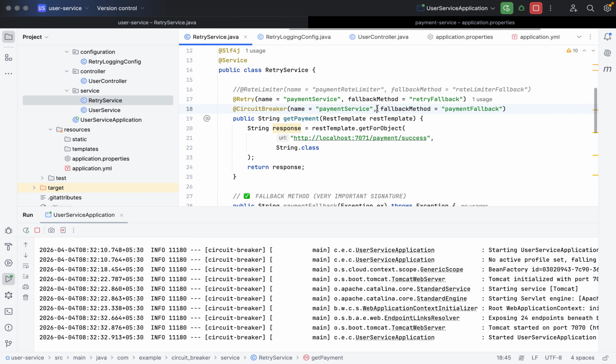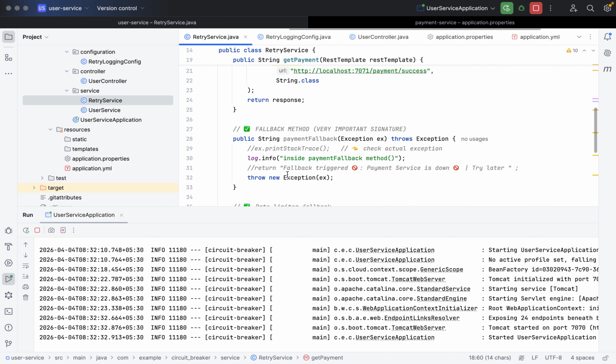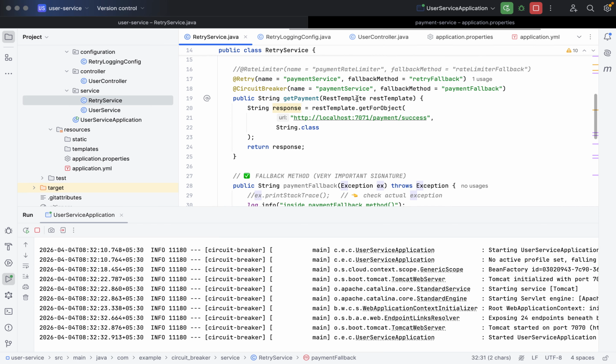Circuit breaker will understand that the payment service is down, there's no response coming, then it will trigger the fallback method. But when it enters the fallback, it is throwing an exception, so it will pop up to the retry level. Okay, so retry will catch the exception and see, oh, an exception came, then I have to retry it. So every time it will retry and the fallback method would be triggered.